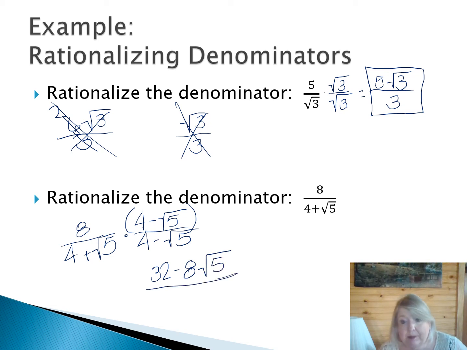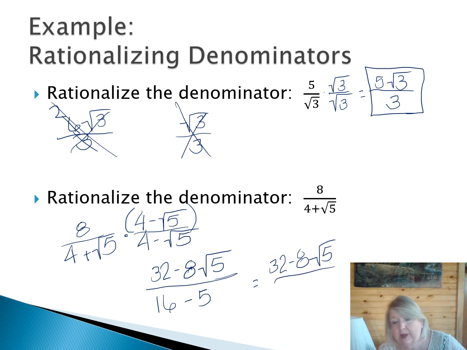And if you haven't practiced enough multiplication to know, conjugate pairs give the difference of squares. If you FOIL this out, every time you get the front guy squared minus the back guy squared. The outer and inner terms are always opposites, and therefore when you add them together, they seem to just disappear. So it's the front guy squared minus the back guy squared, the difference of squares. And so my answer here becomes 32 minus 8 square roots of 5